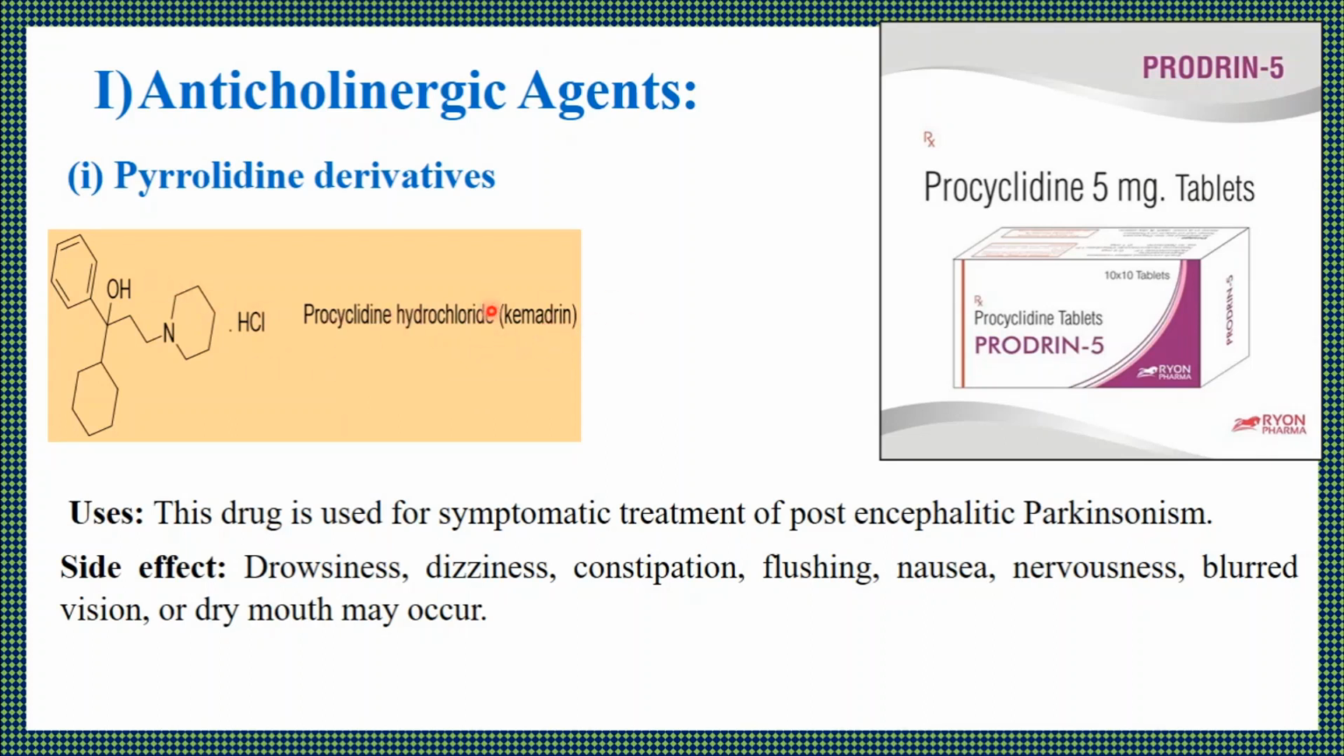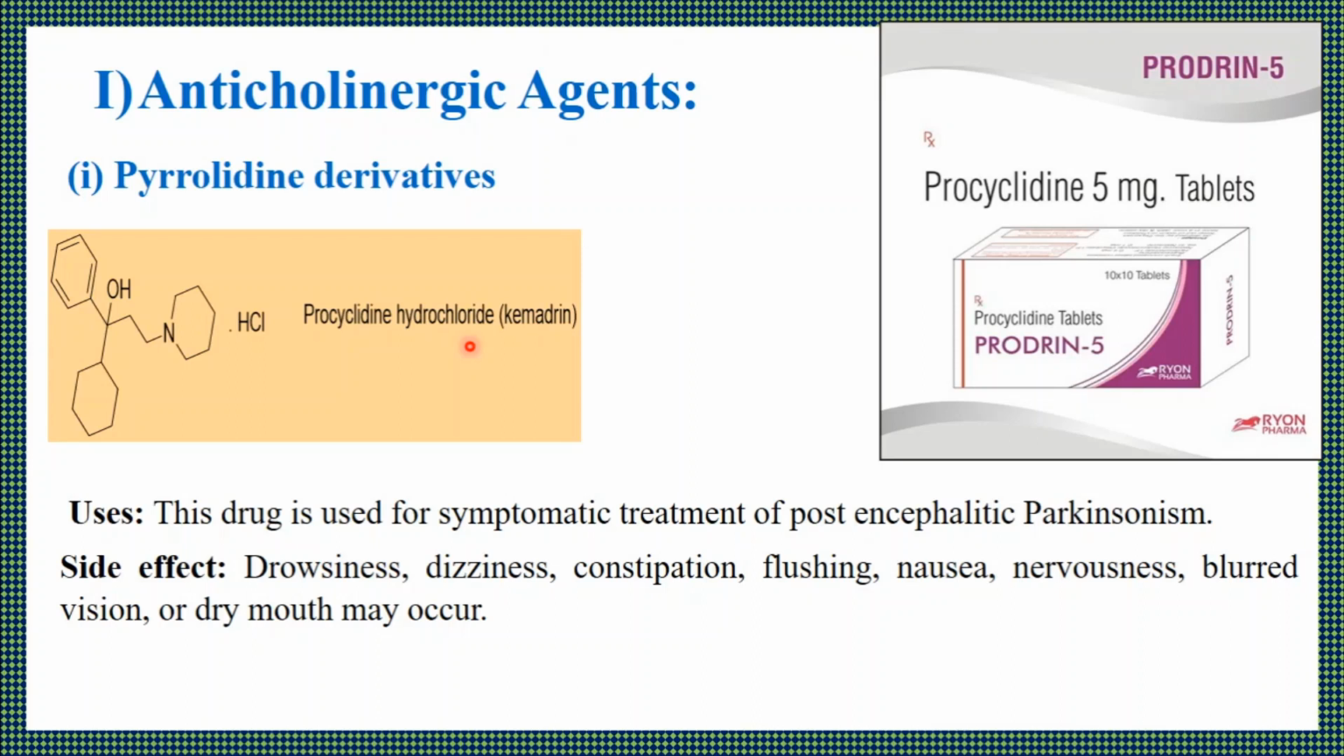Procyclidine hydrochloride. This is the structure of procyclidine hydrochloride. It is available in the salt form, hydrochloride salt. This is the box of procyclidine 5 mg tablet, also known as Prodrine. This procyclidine hydrochloride belongs to the class of pyridine derivative, and the drug is used for symptomatic treatment